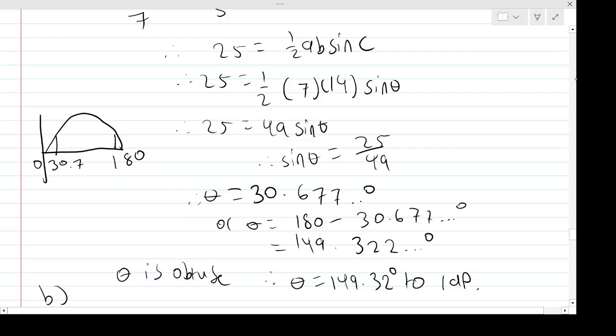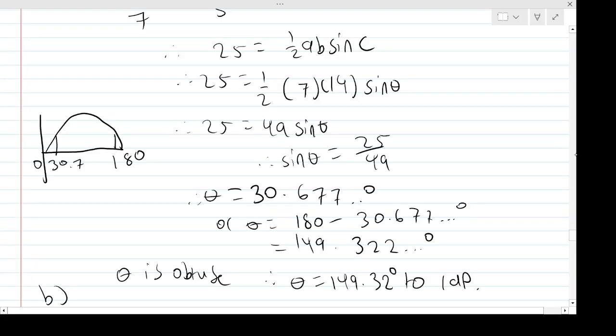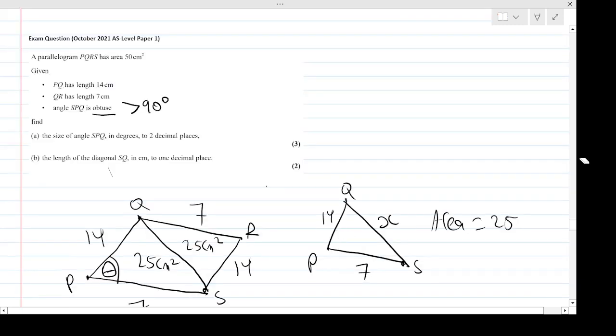Part B then. It says for the length of the diagonal SQ. So that'll be then x here, right? But in this case, we know what theta is now. This theta, we know is 149, roughly. So now we're in a case where we've got three sides we're dealing with and an angle we know. So that will be the cosine rule we can use to work out QS, and obviously the angle's facing it. So then we could say that by the cosine rule,